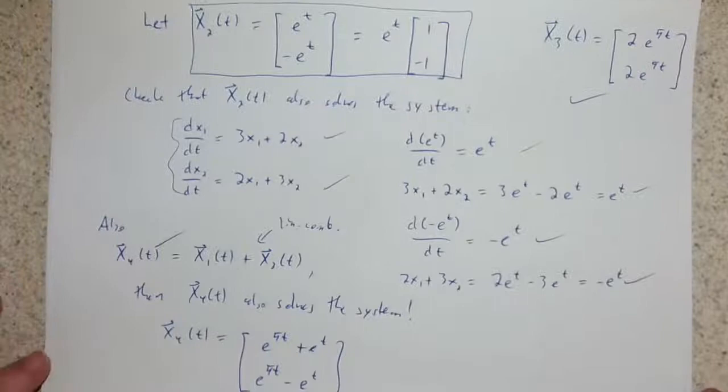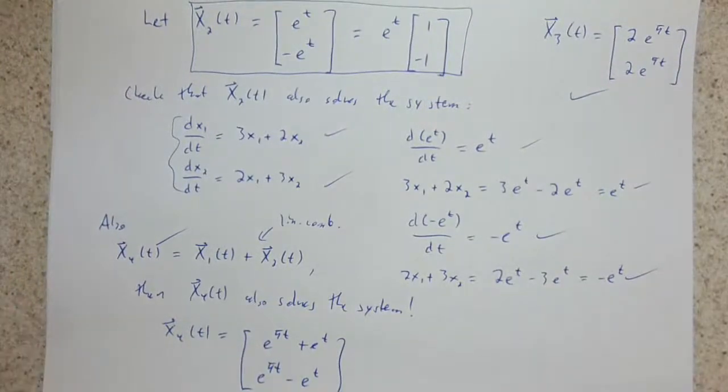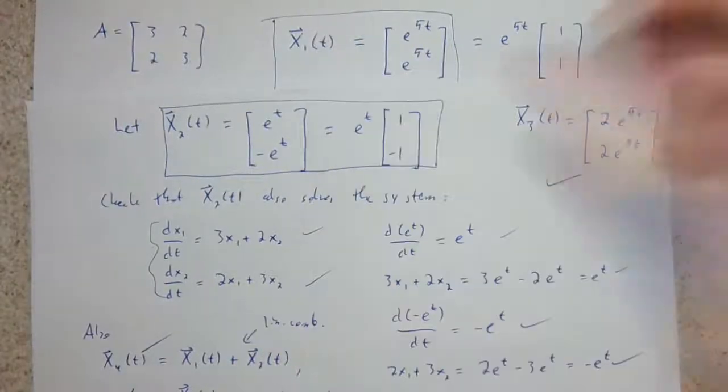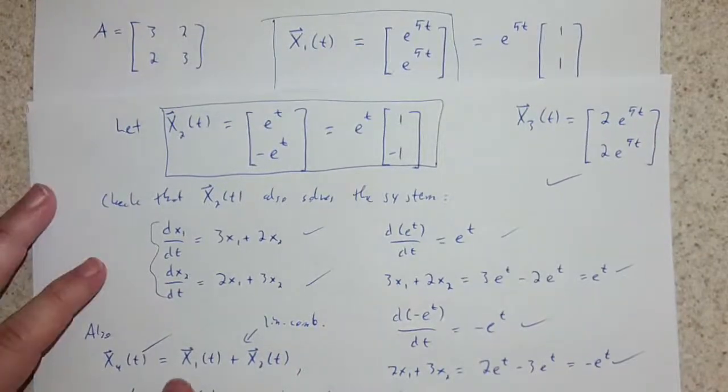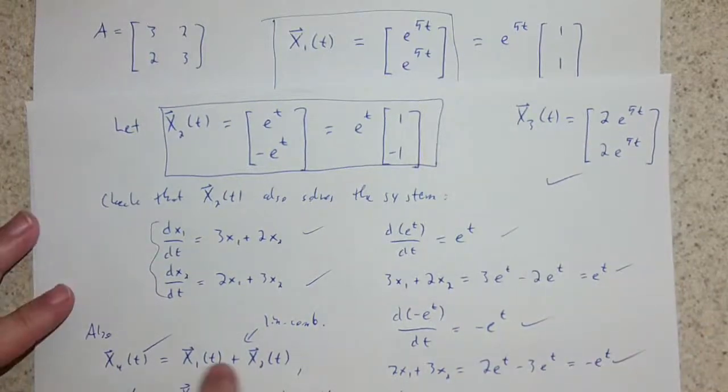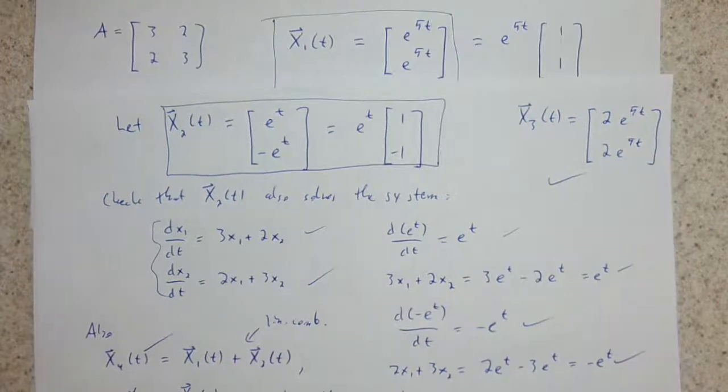In fact, it is true in general that if you have 2 solutions, you can form another solution by considering any linear combination of them. So I just chose 1 times x1 plus 1 times x2. I could have picked whatever. I could have picked 5 times x1 plus 3 times x2. That would have worked as well. This is the principle of superposition, the linearity fact that we used forever ago, back in chapter 2. That still works for systems,